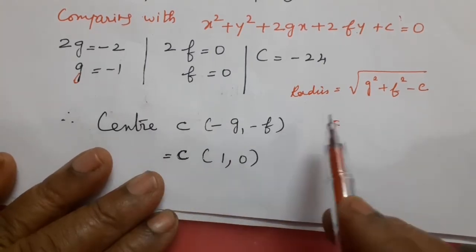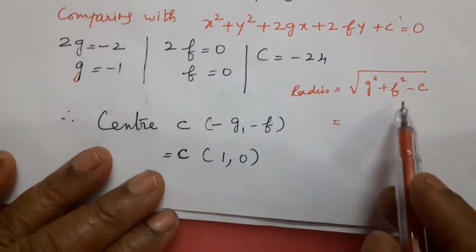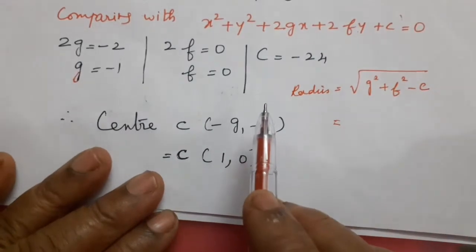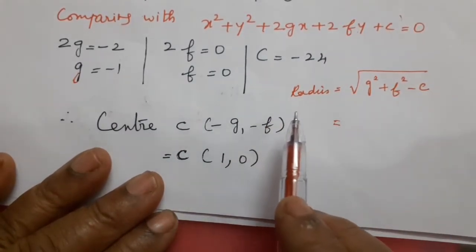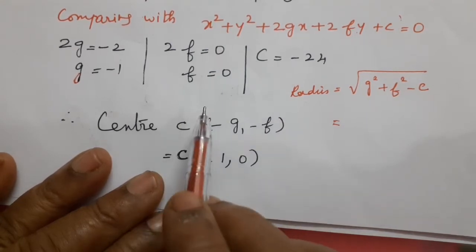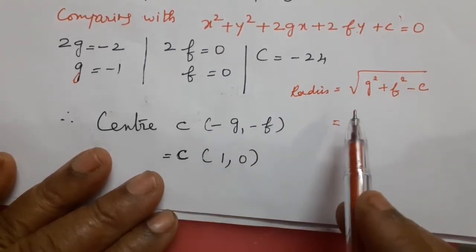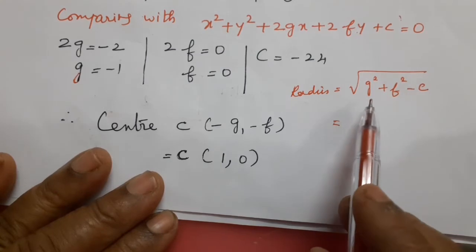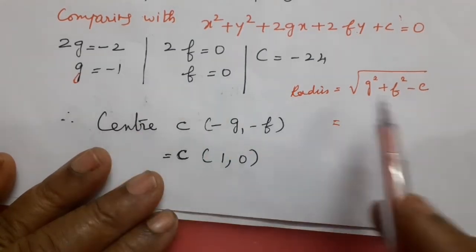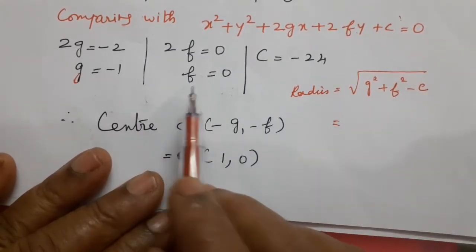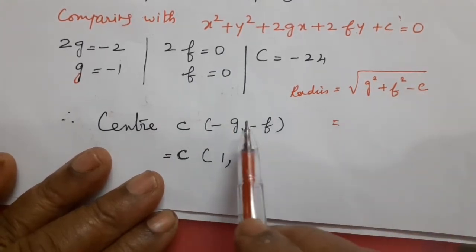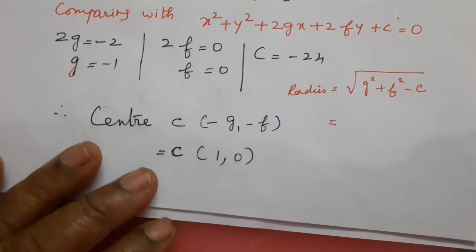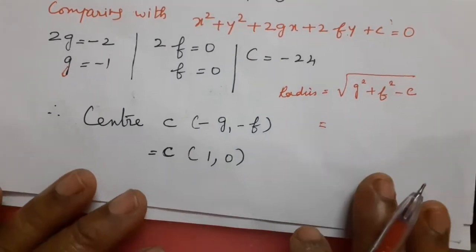Already I found the circle center. You find the radius yourself. For the last 11th part, I teach the same model in the Tuesday video. In the first video, I taught how to find the center and the radius. Using the steps, you find it yourself. Very simple only. What is the g value? g value is minus 1. What is our f value? f value is 0. c is what? Minus 24. Using these, you find the radius. Find it yourself. Now I continue the next exercise.